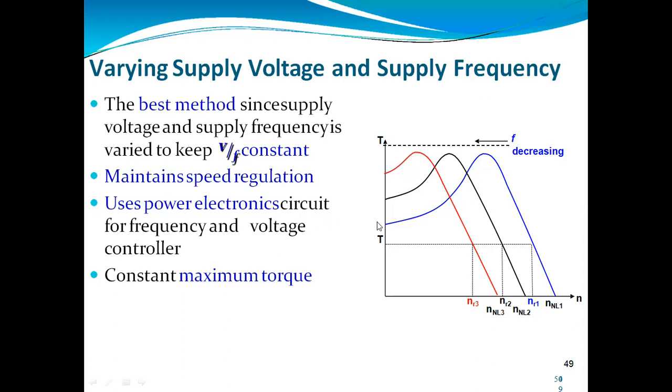So in short, what is happening is, when we change the voltage by a large amount, we get only a small change in speed. But when we are making such large changes in the voltage, there will be changes in the magnetic conditions of the motor. So we can say it will change the flux density. So we cannot use that method widely, because if we change the voltage by a large value, it will disturb the magnetic conditions of the motor, and it will change the flux density.